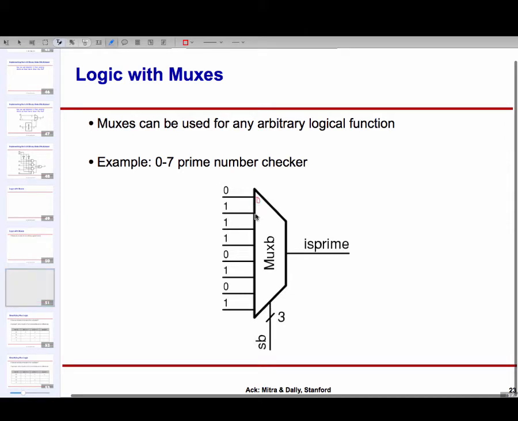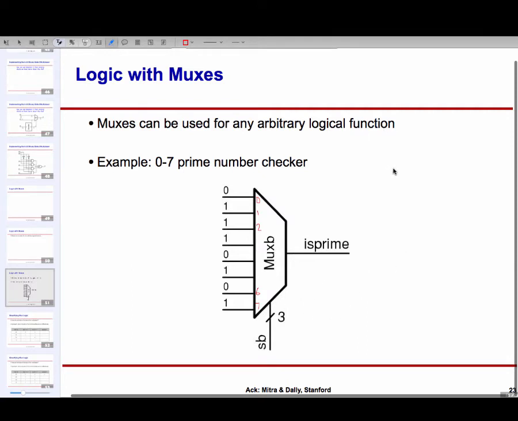My input numbers are labeled like this: 0, 1, 2 through 7. So think about when SB is 0, 0, 0, then this multiplexer will take the value on the 0th wire and send it to the output. And what I've done is I've tied the 0th wire to 0. So whenever SB is 0, 0, 0,